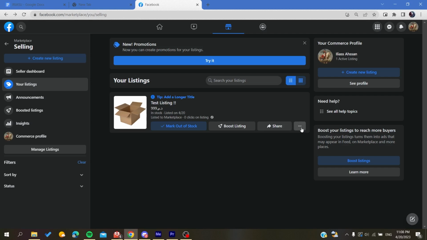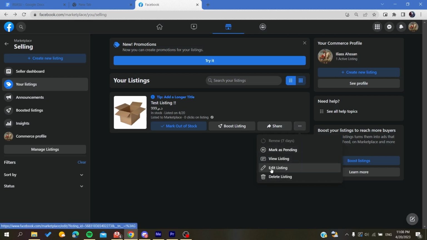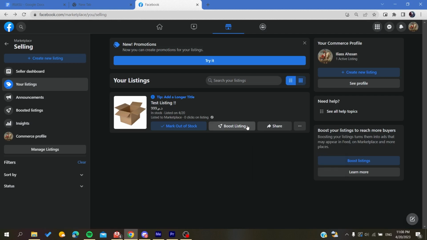Otherwise, you can just click on the 3-point action and you can have here an option that is called share in many places or share in more places, so it will be spread in many other groups that you have joined, and then your listing will be viewed by more people, and as a result you will have more